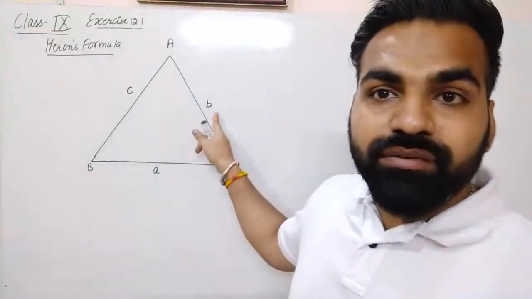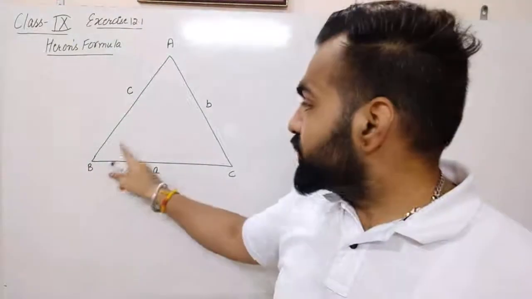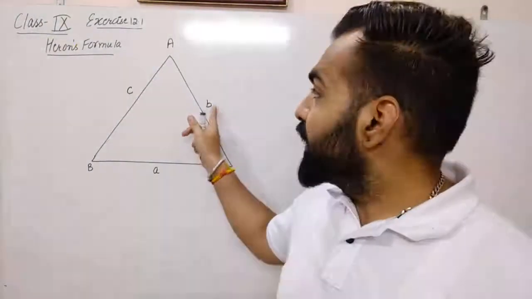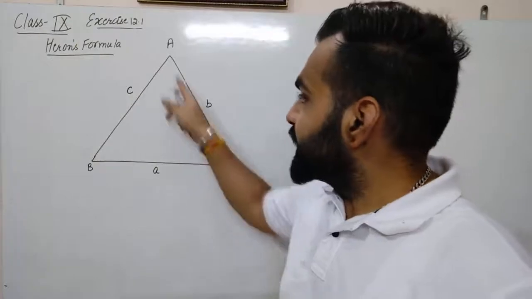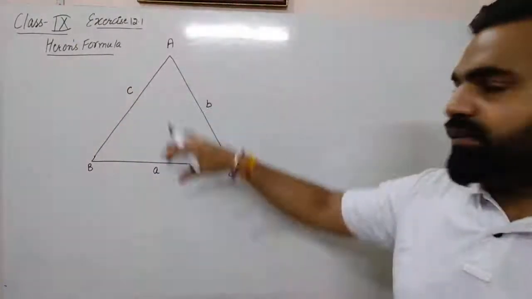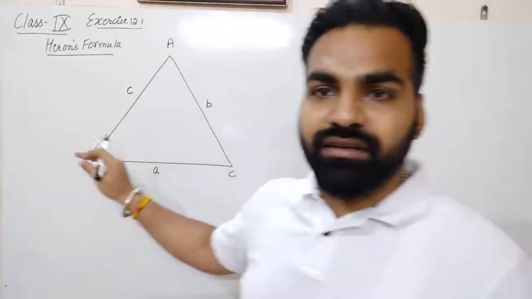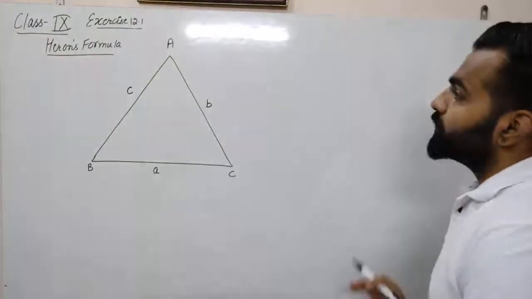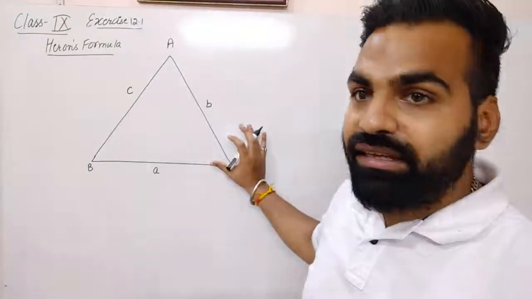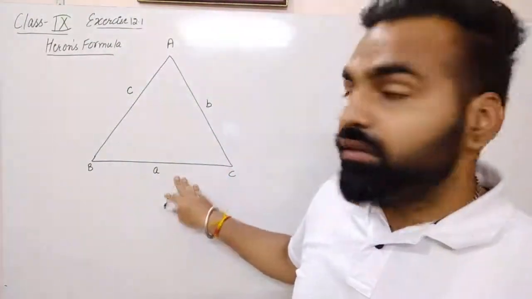Small b will be the side which will be opposite to angle B. So side opposite to angle B is AC. So we will suppose AC be b. And side opposite to angle C, that is AB, will be taken as c here. Clear? So this is the general pattern how to suppose the sides in the form of this ABC. In the higher classes we will study that some formulas are basically given on this basis if sides are assumed in this way.